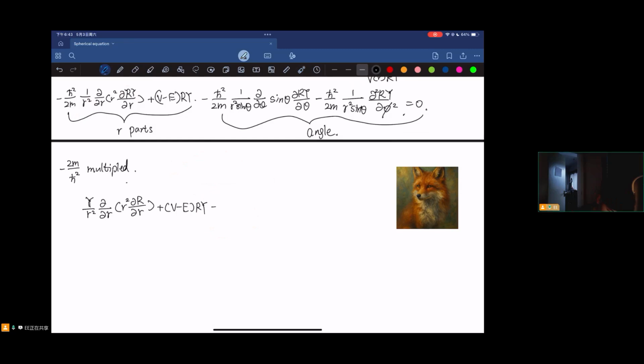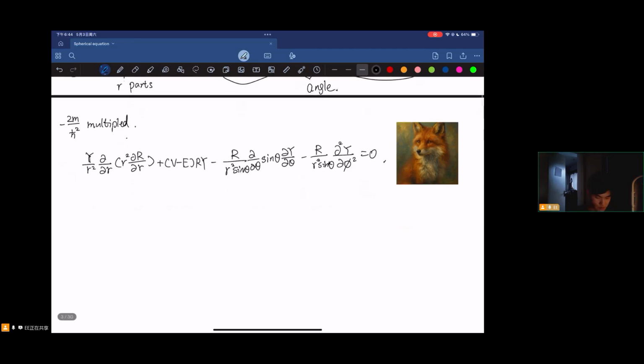And on the right side, I can do the same thing. I can move the R to the front. Okay, I move the R to the front. Then dy d theta. Great. And then here, the same. I move the big R to the front. Okay. So now,